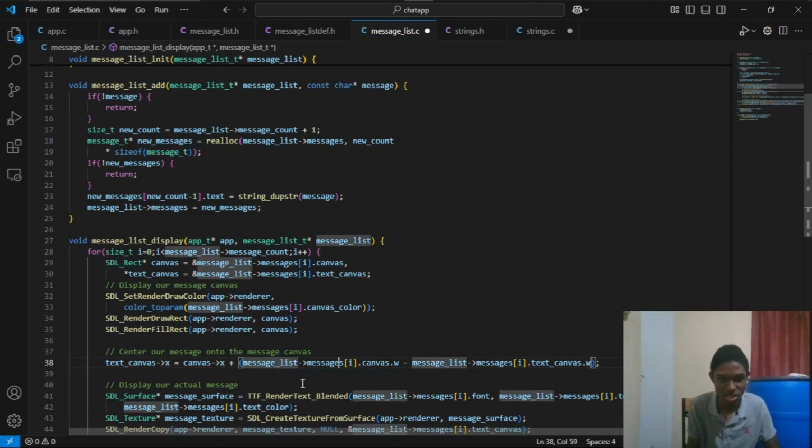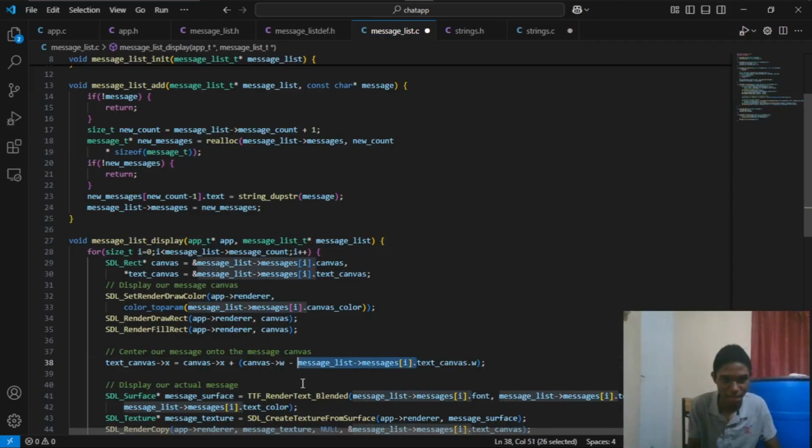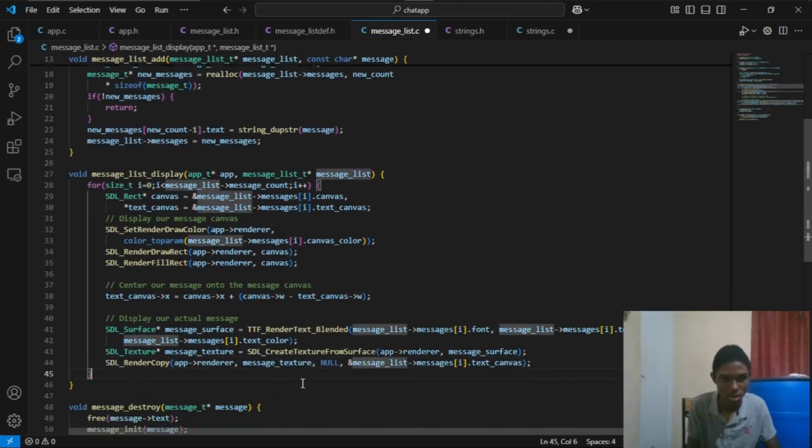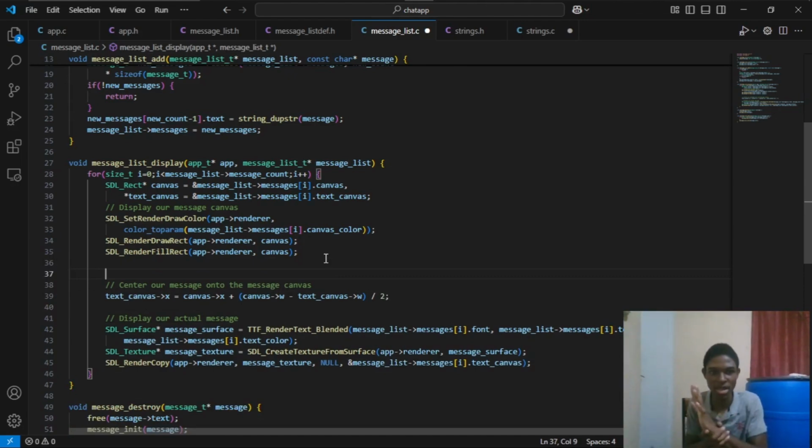And then we can just simplify this again. So you can see how much cleaner this actually looks. Can delete this again. And we can just use the arrow operator, which dereferences our pointer and gives us that element. And then we can literally just divide that by 2, and then we can send it to our message. Now before we actually do that, guys,